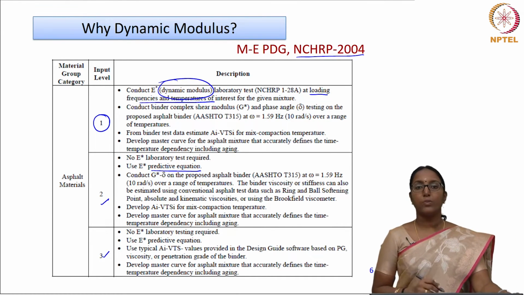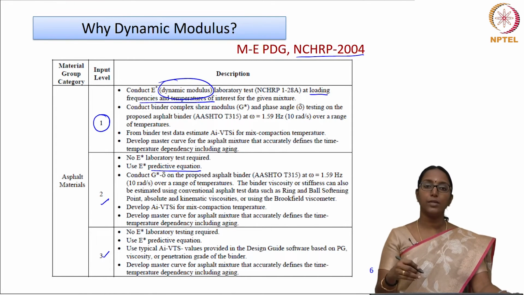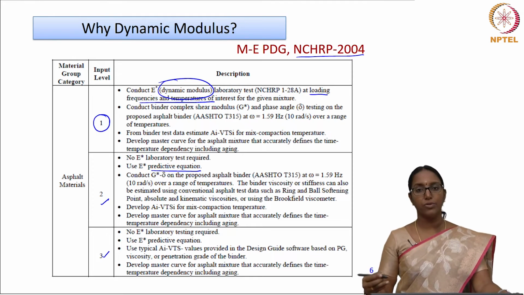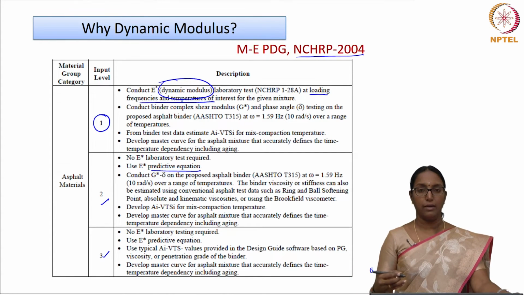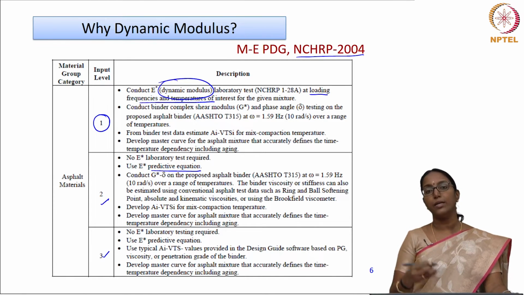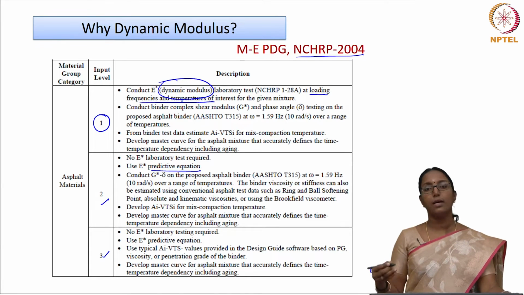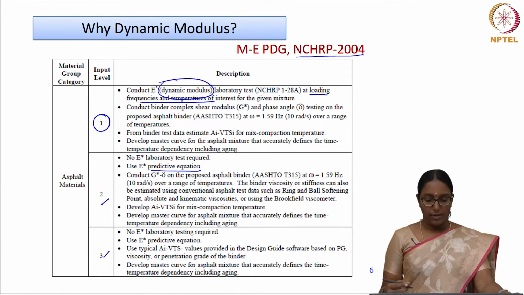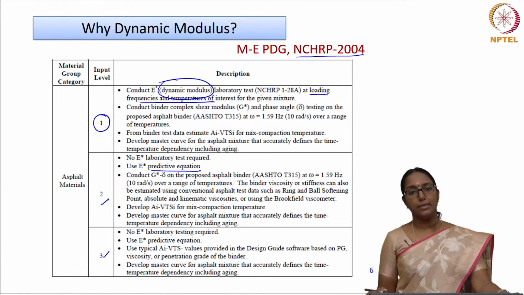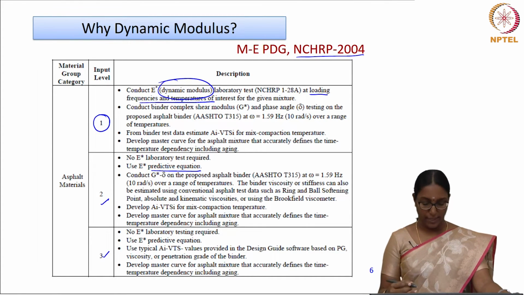Now another aspect is that this dynamic modulus you can capture for a certain range of frequencies and temperatures, but in actual condition there could be other temperatures and frequencies that will be coming, and you can actually determine the modulus values at those temperatures and frequencies by using a master curve. So Professor Padma has already discussed how a master curve can be constructed from the dynamic modulus data.